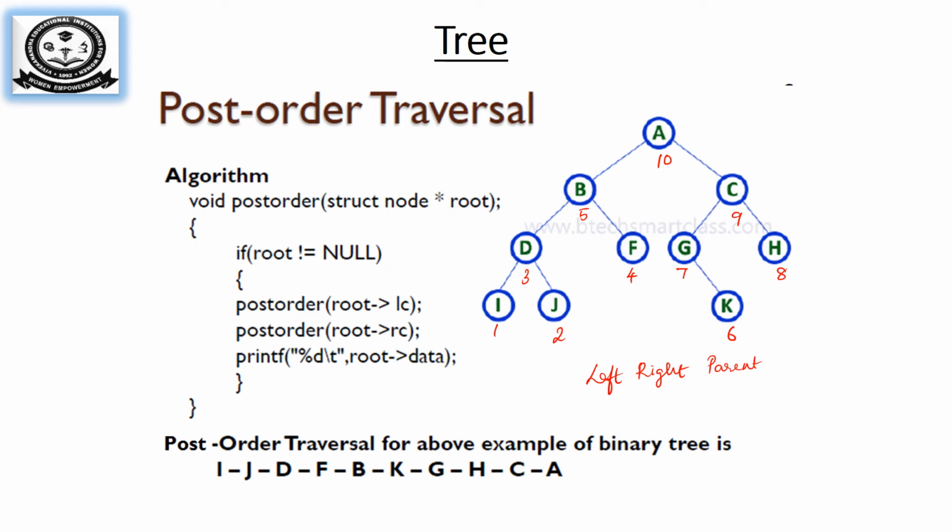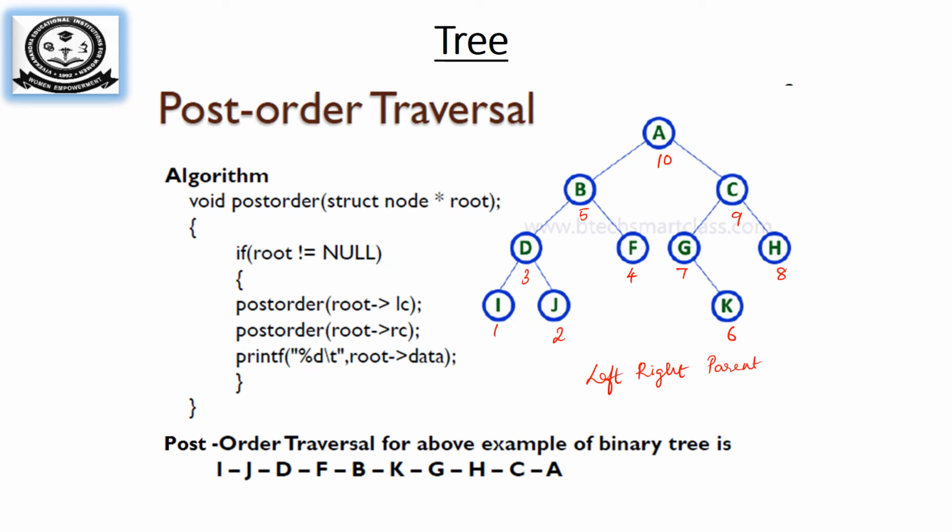Now you can see A's left child is completed, so you have to go for A's right child. Still A is not printed, it's in the pool. Coming to the right child of A, C is a parent node, yes, so go to the left child. Again G is a parent node, yes. Go to the left side, it is empty. Then check the right side, we have a child, so K will be printed. After printing K, you print the parent of G, so G is printed. Now the left child of C is completed. Check the right child, H. Is it a parent node? No, so H will be printed.